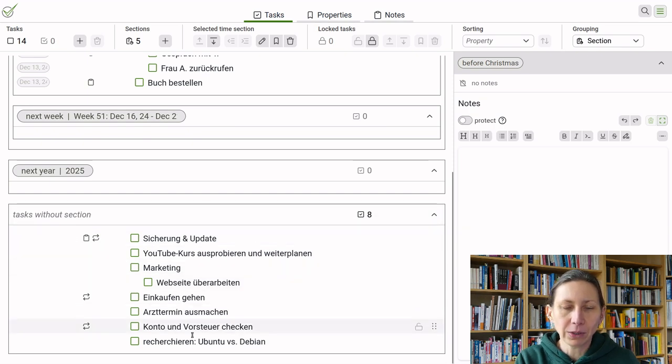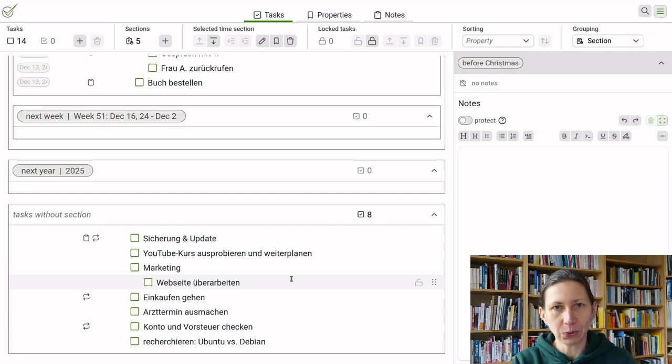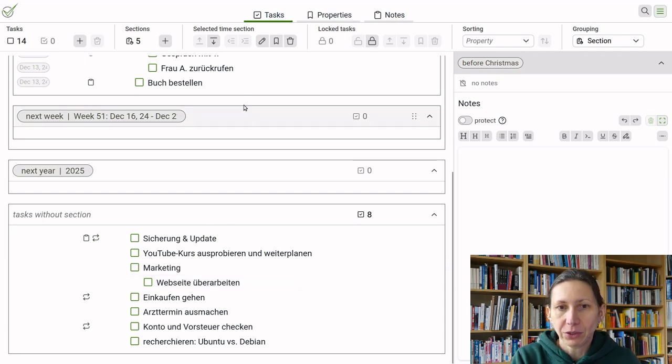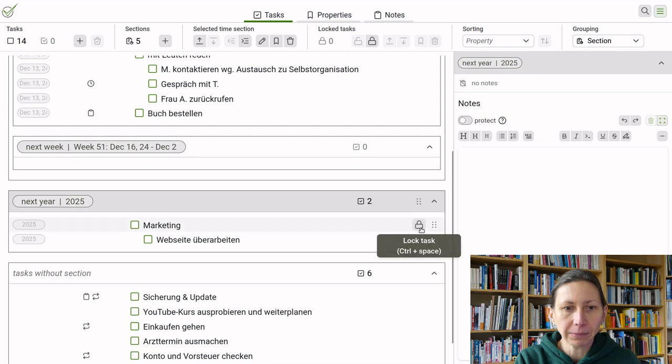So you can have tasks without sections, obviously. For me, those are the ones that I'm not sure if I'm ever going to do them, but I don't want to lose them. So maybe I had some interesting idea, maybe I have notes on those tasks. It's just something I want to do maybe sooner or later, but I'm not sure when. So when you have these tasks here and you do have time left over, you can actually move them around also with drag and drop. So this is something that I might want to do with next year maybe.